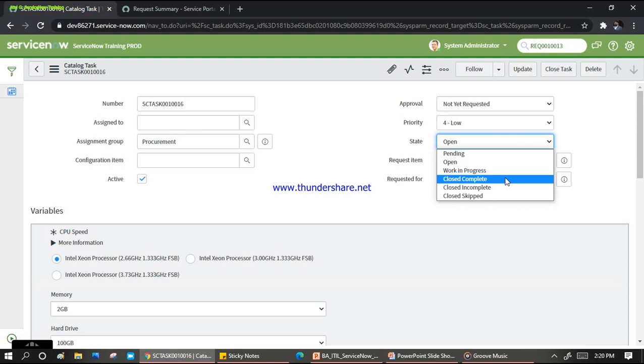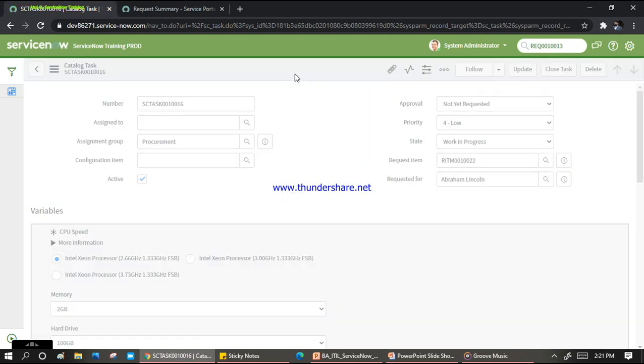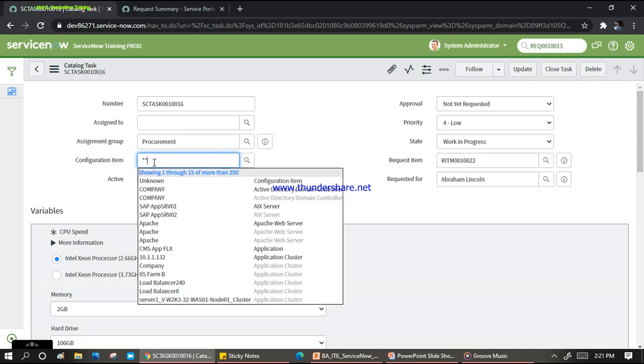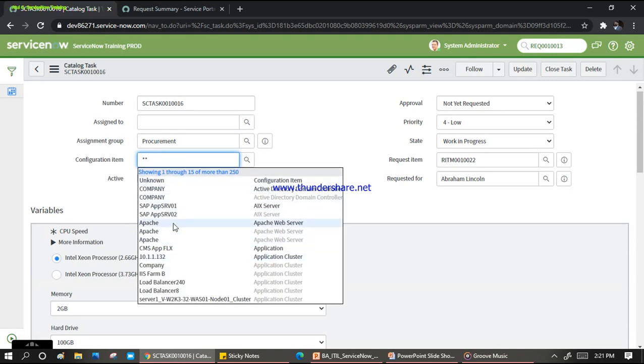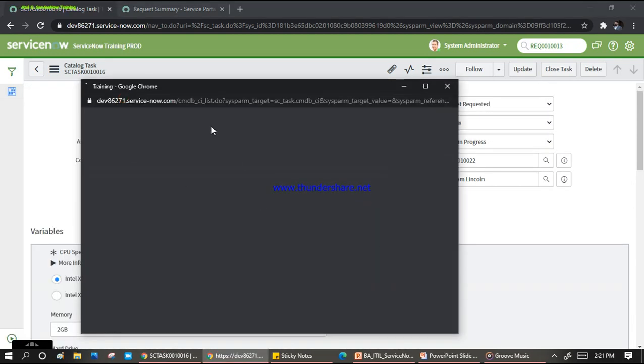But here I want to show one more thing. It is a best practice that whenever you are working on any task, incident, change or problem, always make sure you put it in work in progress, so that you can get the productivity of that particular resource. This team is assigning a task to me, so let me assign it to myself here. Since this person is assigning a desktop to me, he needs to put the configuration item as well. He says it should be laptop actually. Let's see, because it's a desktop, if anything is available in the CMDB.